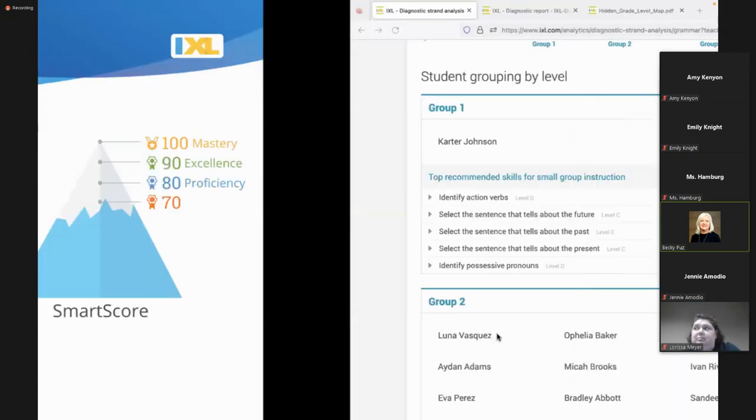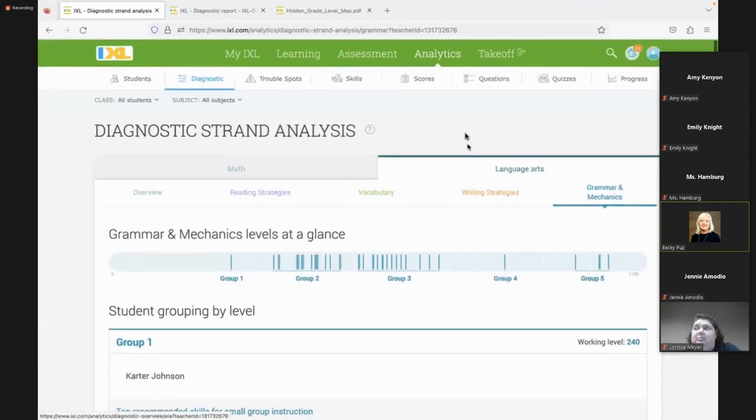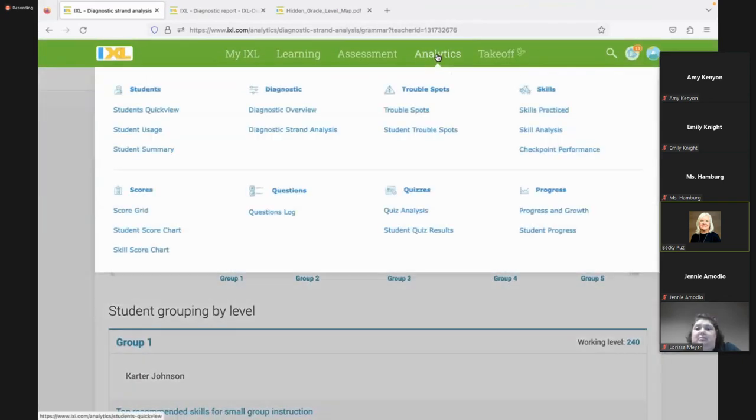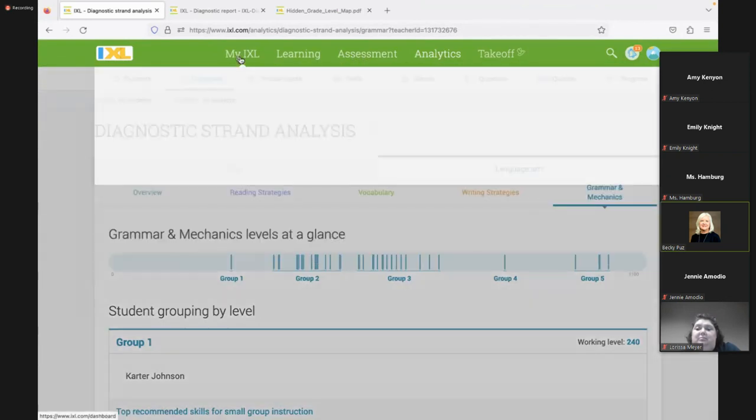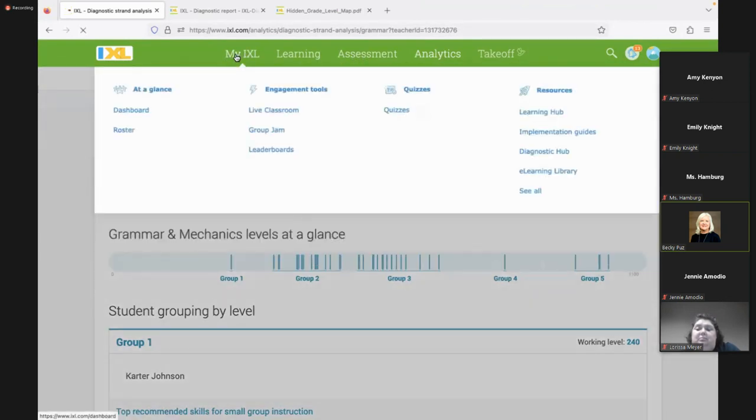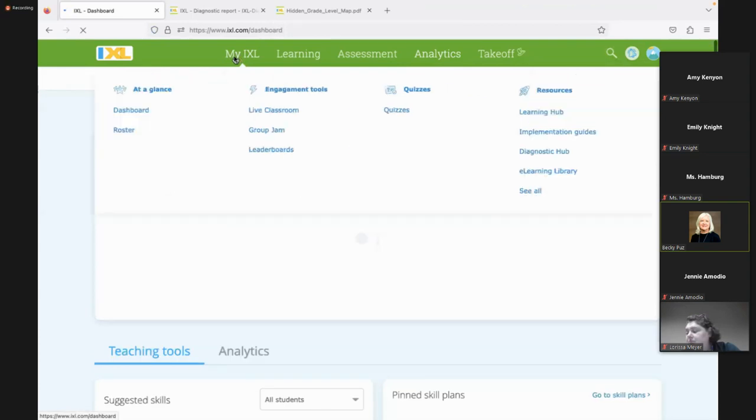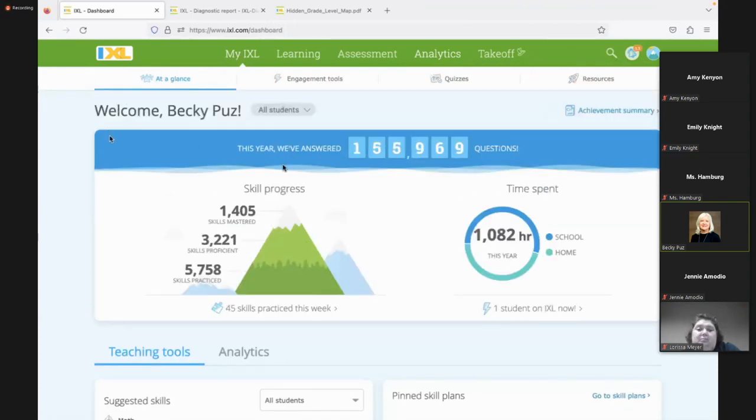All right. I do want to go back to your analytics tab one more time. I know we started talking about some of the analytics. I want to move to your dashboard, because your dashboard underneath your My IXL, again, student dashboard, also your dashboard. You do get some great information right here at the very top. This first number tells you how many questions everybody on your full roster has answered so far this year. You can break it down to those particular groups that you create as well. Your kids are working hard in IXL, so this is a great way to do some of that celebrating of